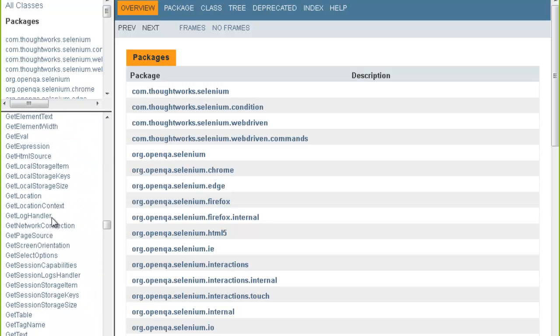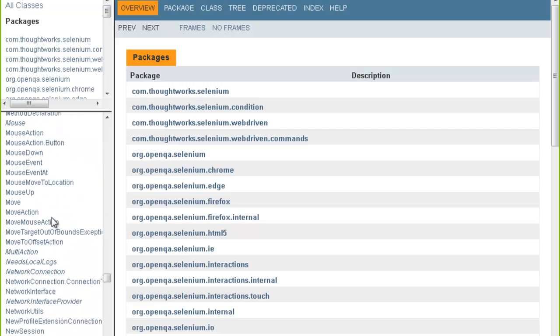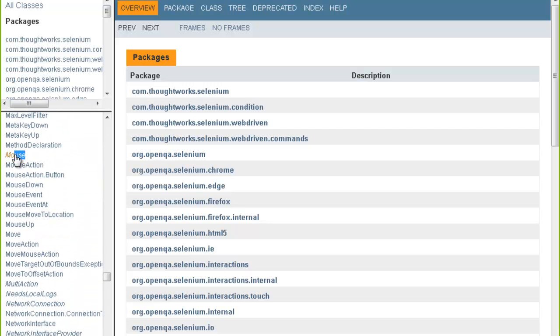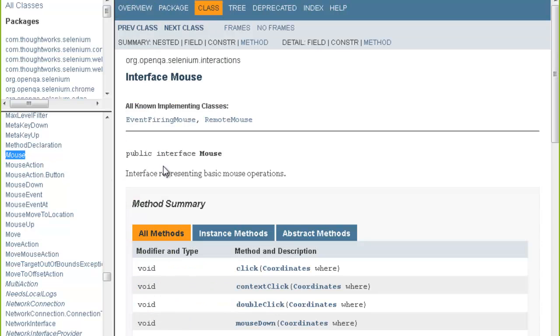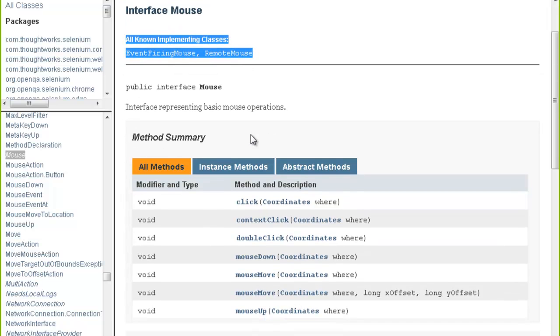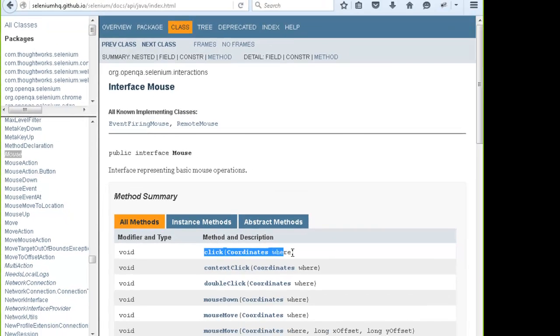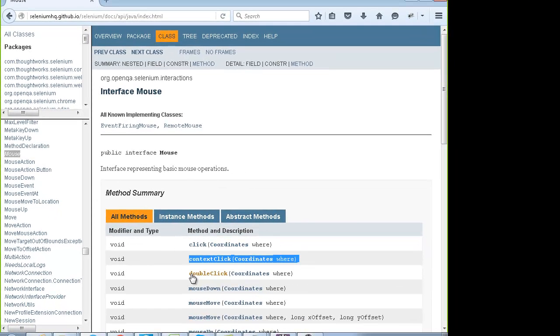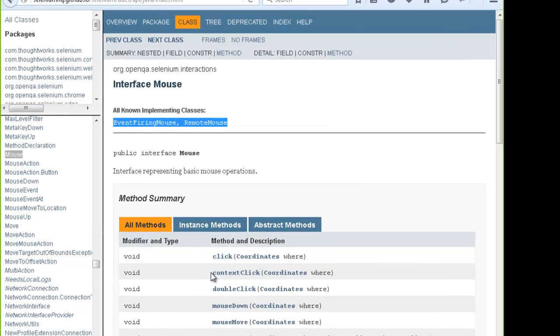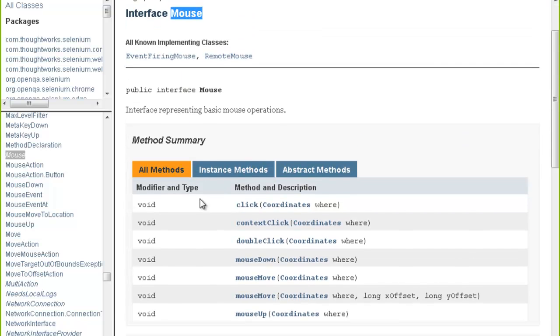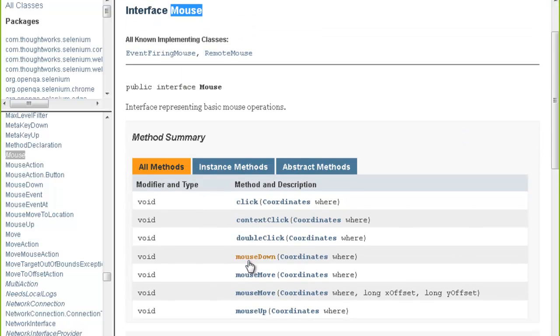For example, this mouse is an interface, and all of these are the implementing classes for the interface. These are the functions in the mouse interface, and all these functions will be implemented in these implementing classes. This is just an idea: click, context click, mouse move, mouse down, mouse up, right?